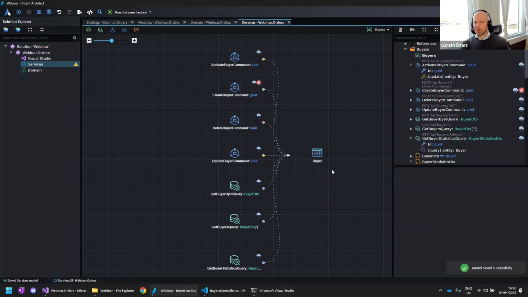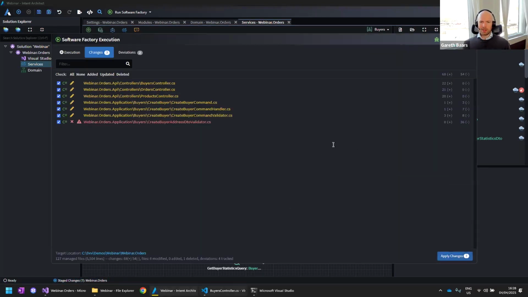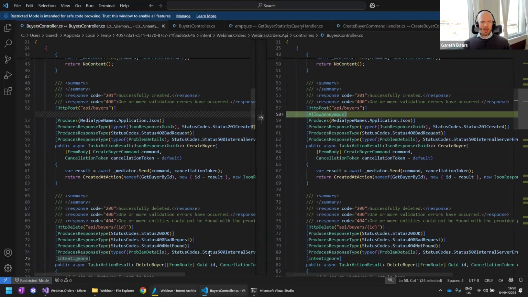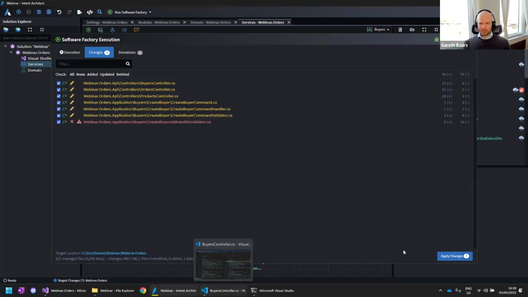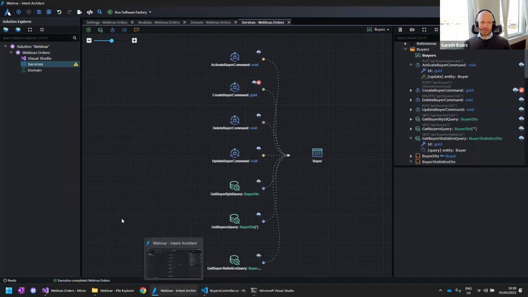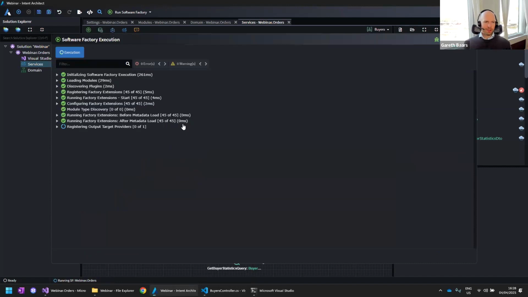That's obviously something very, very useful: having this metadata and this visibility makes sure that you can spot anomalies and weird things. Maybe you'd want your team to give you a comment as to why this is unsecured, especially if it's not obvious, right? But if we come back here, we'll see that the allow anonymous has been applied for us automatically. All right, we can go ahead and say apply changes to all of those. And that's really just to give you guys an idea of the code management.